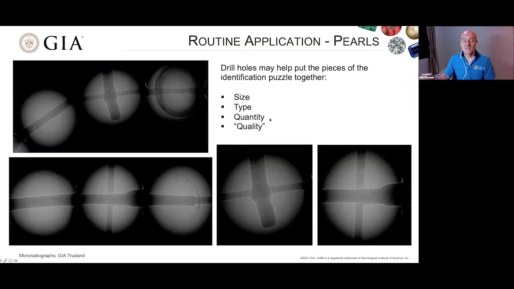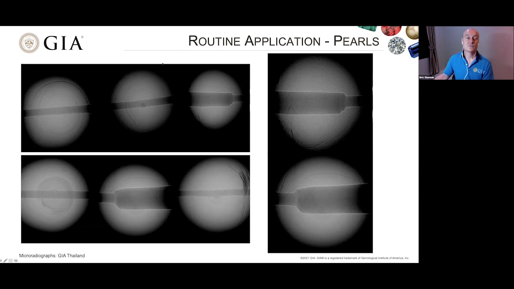So the X-rays can also help us with other things apart from just the structure. One example is that we can see the size of the drill holes, the type of drill hole, the quantity, and obviously the quality as well. And this is showing the nice natural structures, but there's one here I wanted you to see, and it shows a large drill hole, but there's a very small drill hole tagged on the end here. So in actual fact, this used to be a part drilled pearl, but actually was fully drilled later on in its life at some point and put into a necklace.